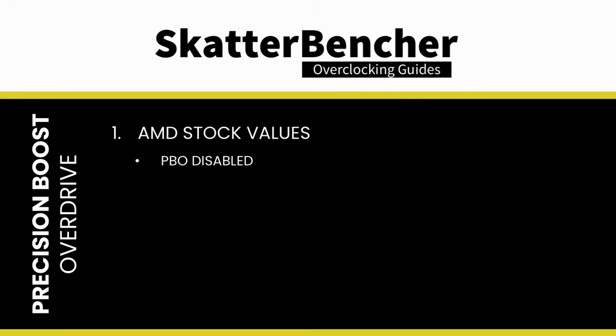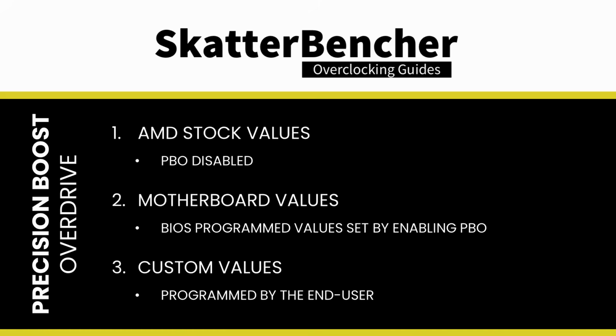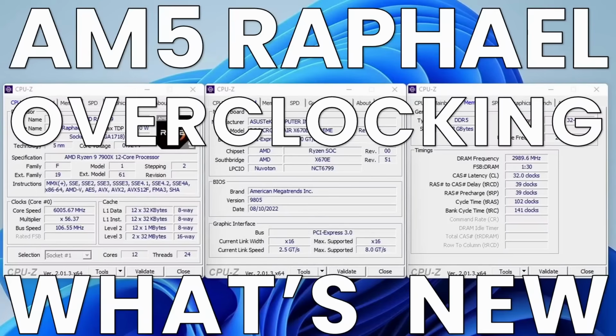There are essentially 3 levels of Precision Boost Overdrive. AMD's stock values, which can be set by disabling PBO; the motherboard vendor values, which are programmed into the BIOS to match the motherboard VRM specification and can be set by enabling PBO; and custom values, which the end user can program. I explore the ins and outs of Precision Boost Overdrive 2 tuning in my AMD Raphael overclocking launch video. In this overclocking strategy, we're simply enabling PBO, whereas in the next strategies, we'll also start tuning with some